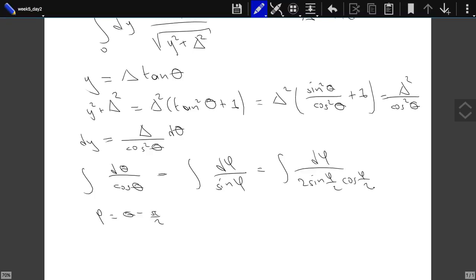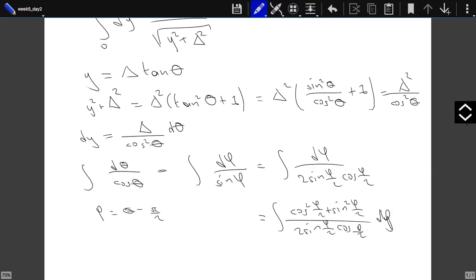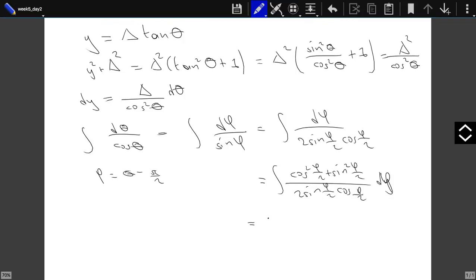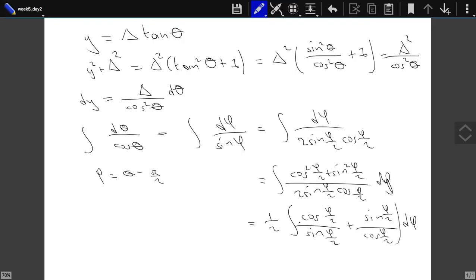I want to use this trick. This is equal to cosine squared phi over 2 plus sine squared phi over 2, divided by twice sine phi over 2 cosine phi over 2, d phi, which is 1 over 2 times cosine phi over 2 over sine phi over 2 plus sine phi over 2 divided by cosine phi over 2, d phi,